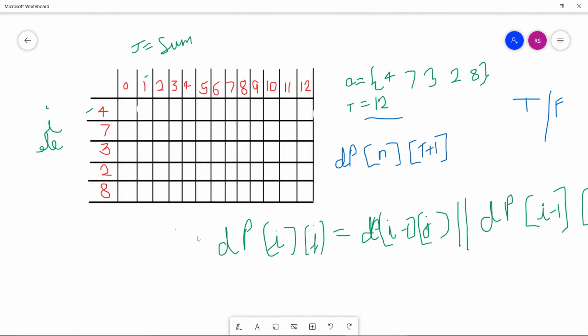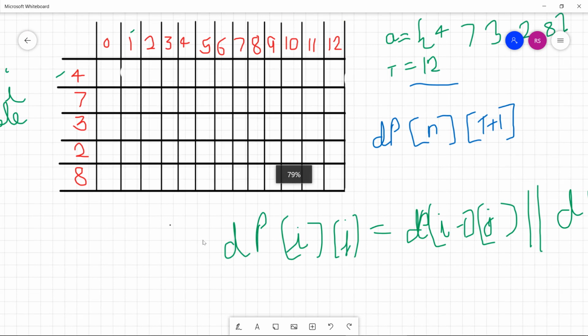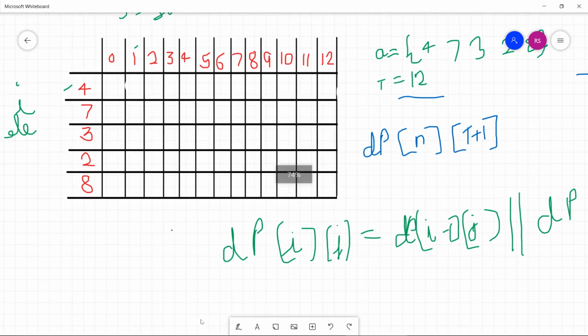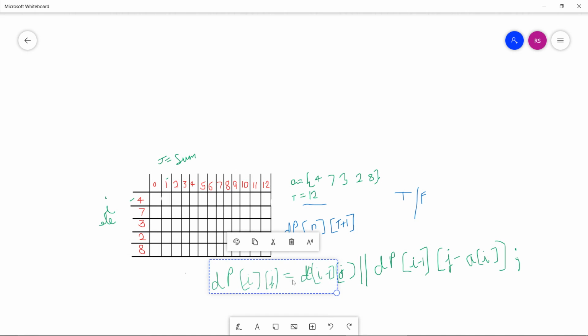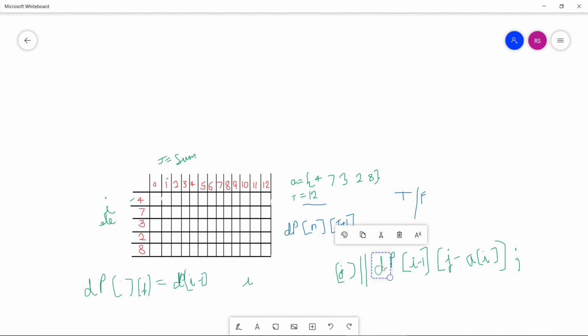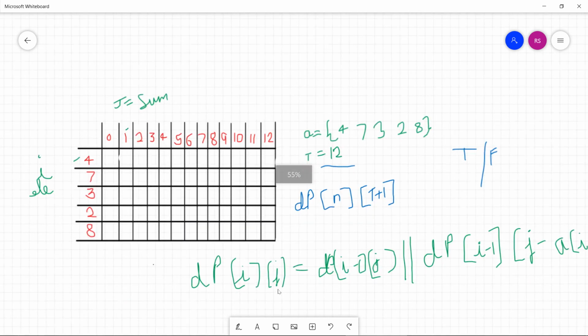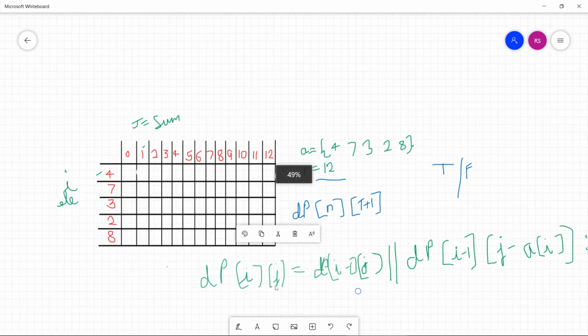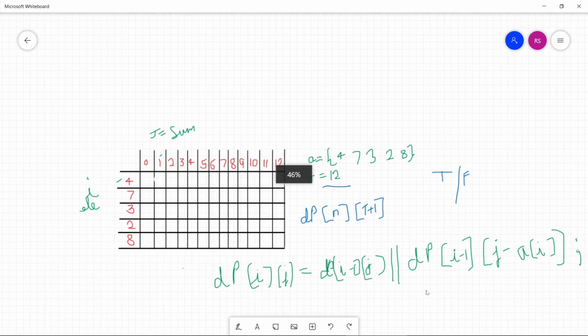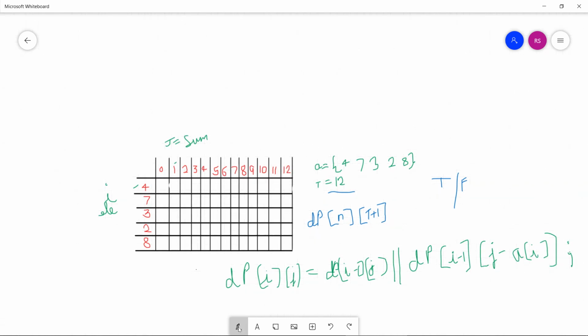Now see how it works. First we take all the zeros as true, because a zero sum is possible in every case.